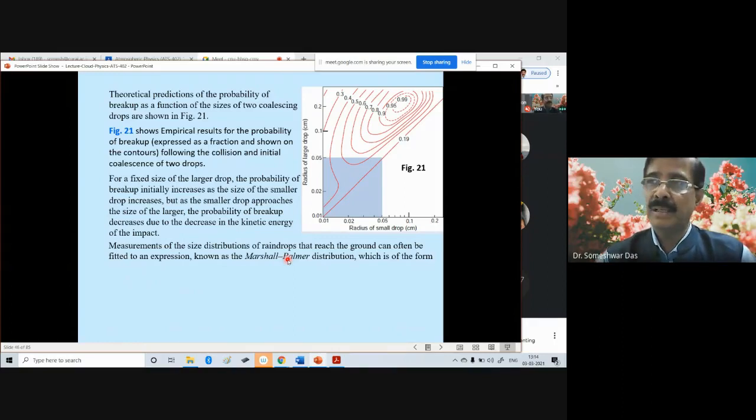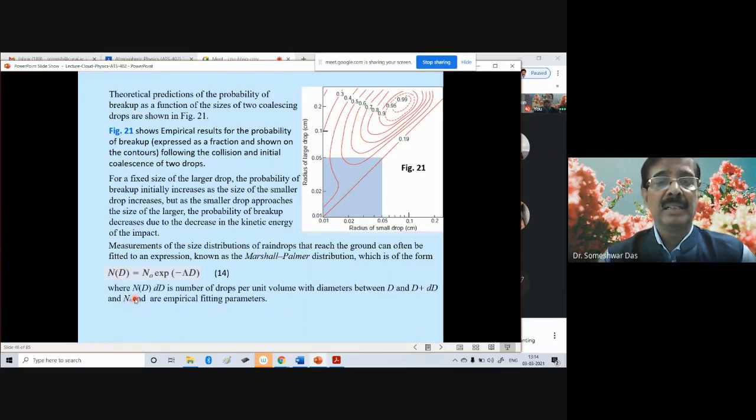Since this takes place at a very micro level, modeling such processes is quite complex. So instead of going into details of the calculation of the size distribution, many times we assume a simple relation of the water droplet distribution based upon the so-called Marshall-Palmer distribution, which is of this form: N(D) equals N0 exponential of minus lambda D, where N is the number concentration of the droplets, which is a function of the diameter,